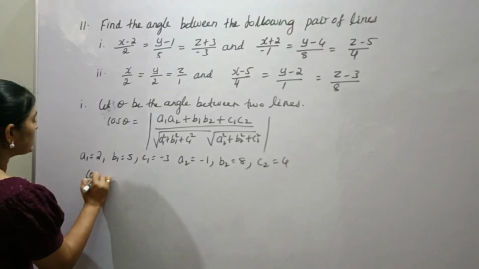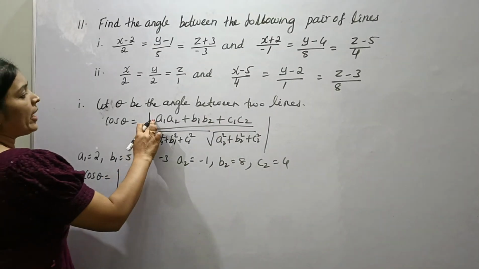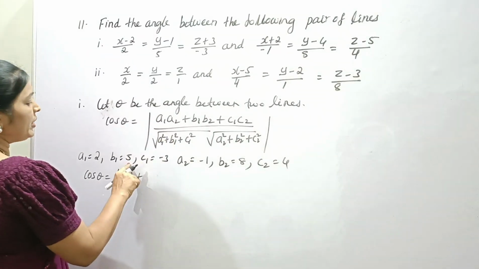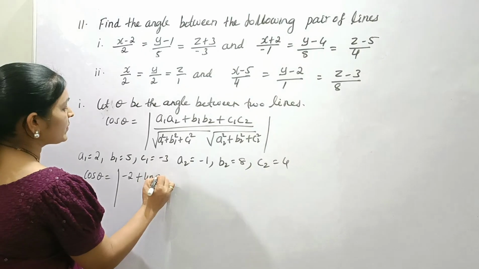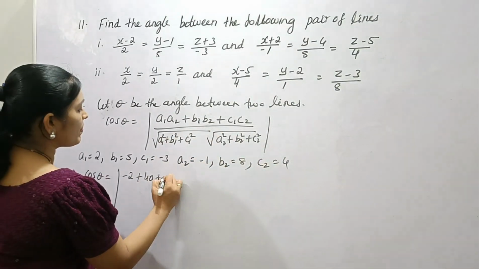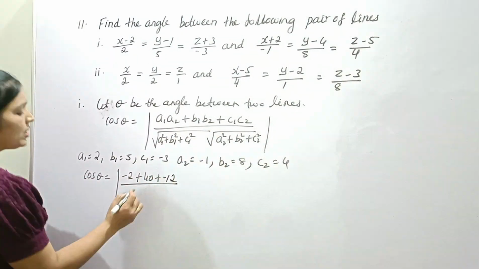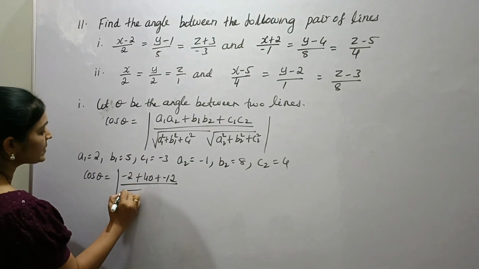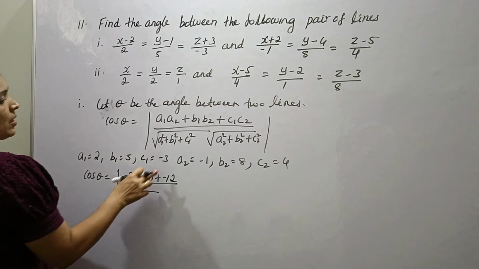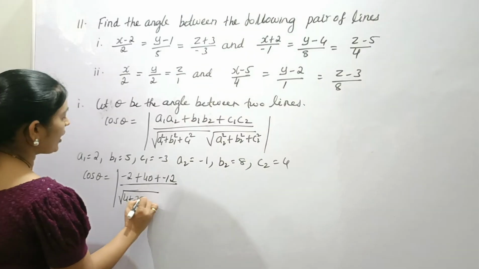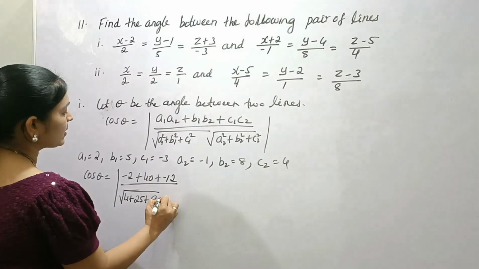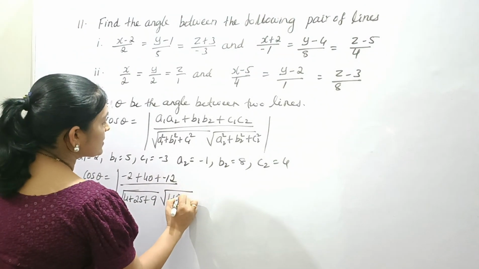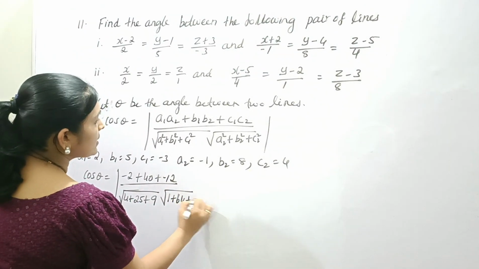Therefore, cos theta is equal to the modulus of a1 into a2, 2 into −1, which is −2, plus b1 into b2, which is 40, plus c1 into c2, which is −12, divided by root of a1 square 4 plus b1 square 25 plus c1 square 9, into root of a2 square 1 plus 64 plus 16,